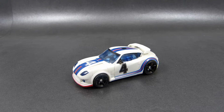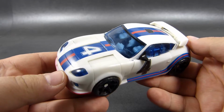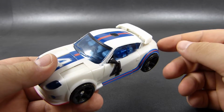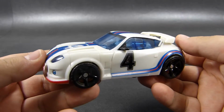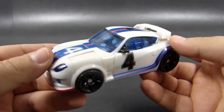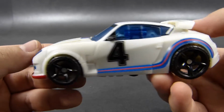To start the proper review, let's first take a look at Jazz's vehicle mode, which, like I said, per tradition is a nice white sports car with some extra details. Now, in the original series, Jazz transformed into Porsche 935 Turbo, but Hasbro and Takara did not have license for that car at the time of this toy's creation, so instead it's a somewhat Porsche-inspired toy with some bits of the movie Pontiac Solstice, but still with this amalgamation, license or not, this is a nice looking car,